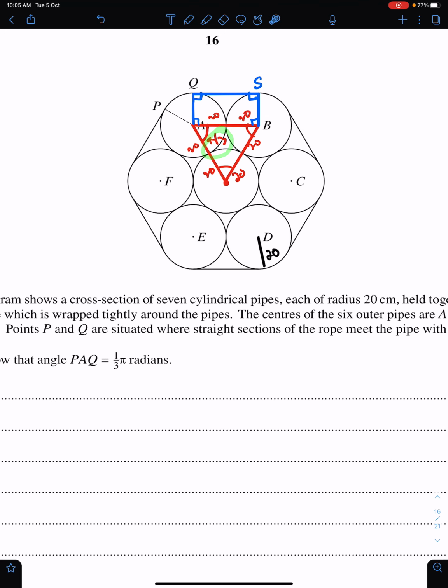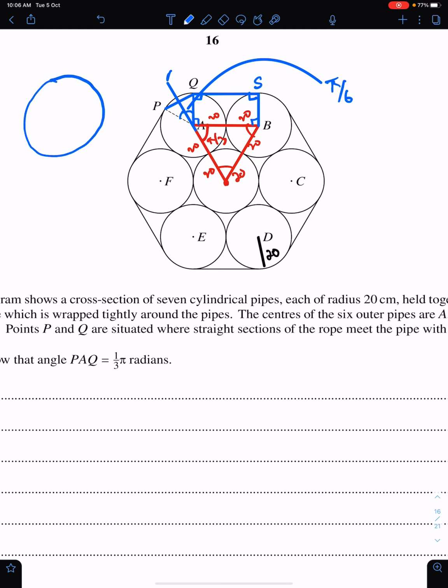You all know that this line is the perpendicular bisector to chord PQ. And this angle is on a straight line. So we have this pi by 3, this pi by 2, so we can easily get this angle. So this must be pi by 6. So pi minus pi by 3, pi by 2 will give you pi by 6. And since this line is perpendicular bisector, this angle is also pi by 6.